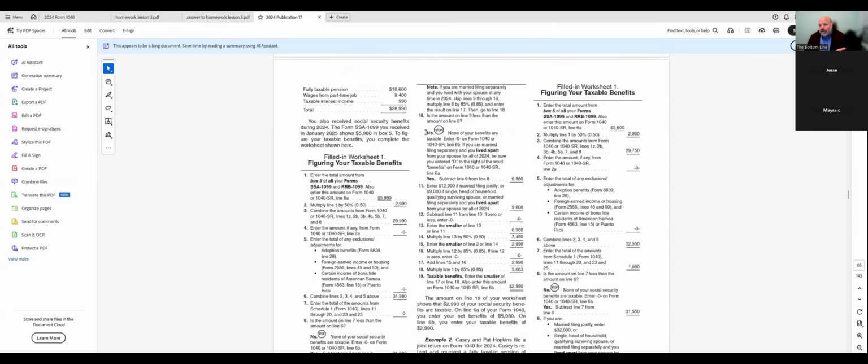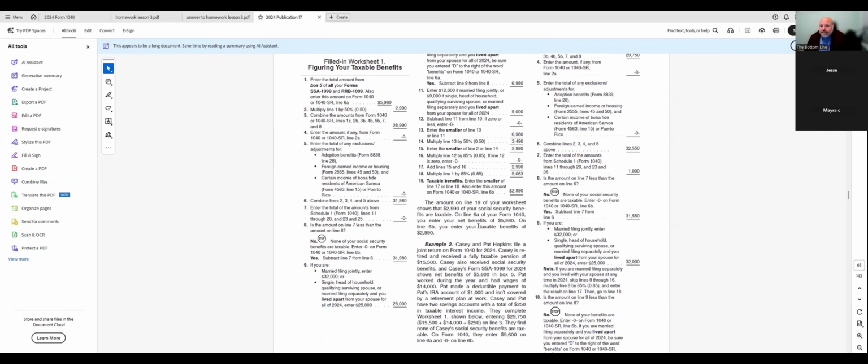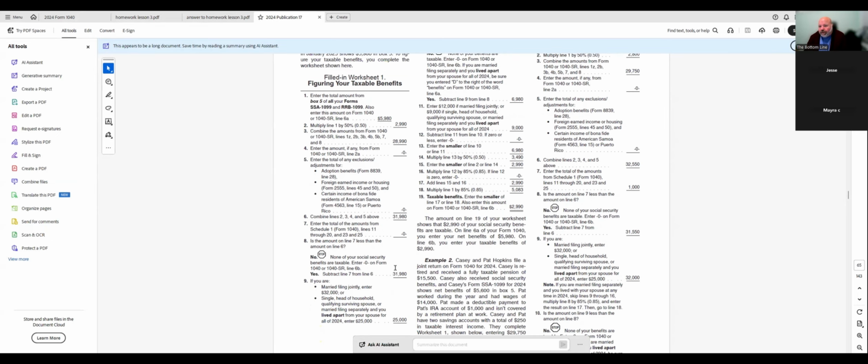So here, note, if you're married filing separate and lived with your spouse at any time, skip lines 9 through 16. Well, this guy was single, so we can't skip those. So here it is. Line 9 from line 8. So we take the 25,000 from the 31,980, which is 6,980. And then it just says, enter this number. If you're married filing jointly, enter 12,000. If you're single, enter 9,000. This is a single person, so we enter 9,000.